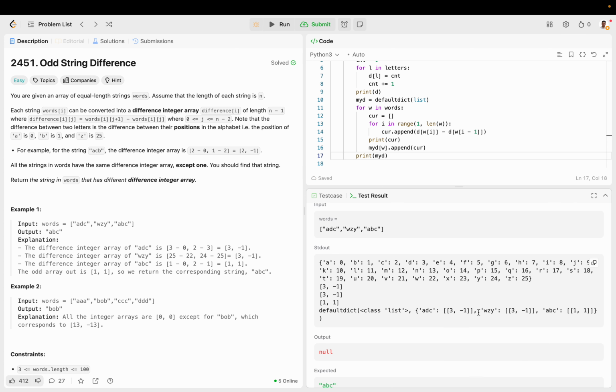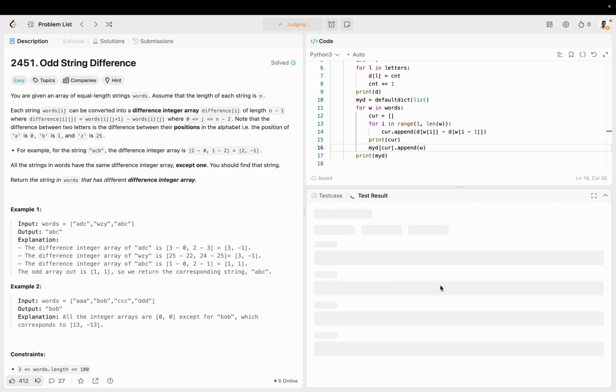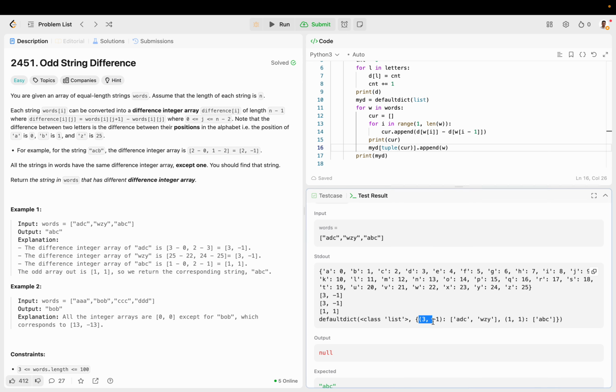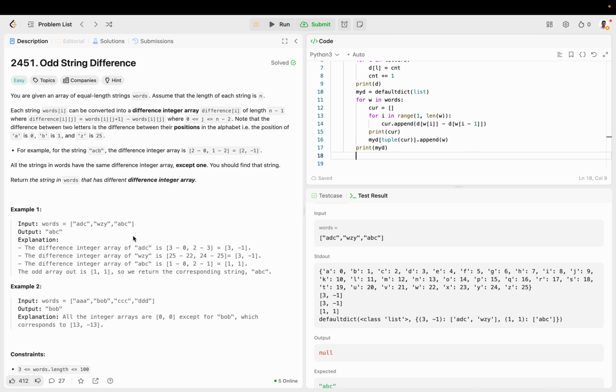Cool. So actually, let's do it the other way. Dot append W, that's the string. So tuple, because you can't use a list as a key. Okay, now we have the coordinates, and now you can see this coordinate only has one length inside of it, right? This has 2 strings inside of it. If there's just one string inside of it, then that's going to be the answer, right? Because there's only one difference